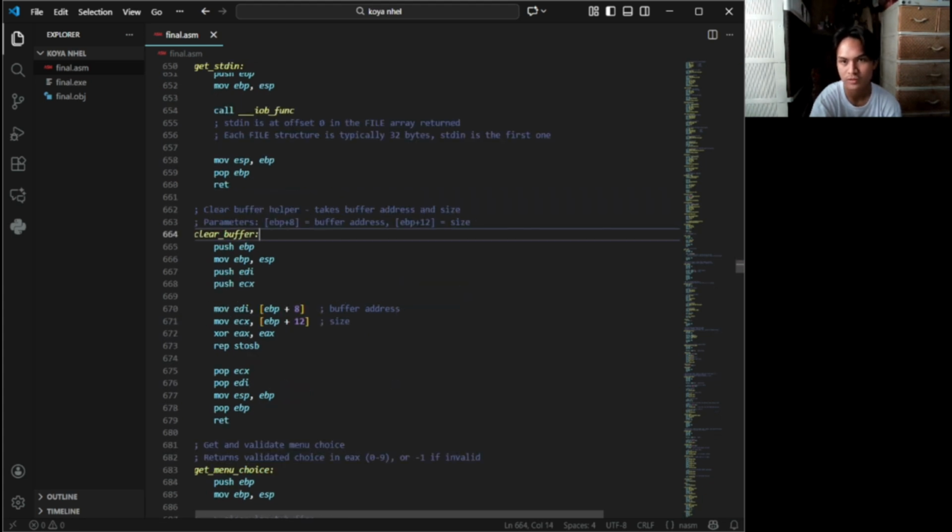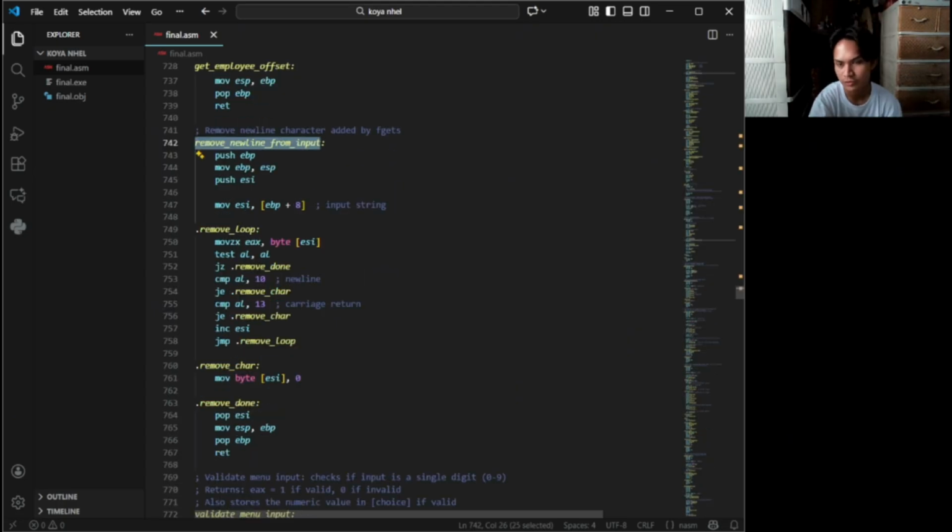Clear buffer zeros a buffer given its address and size. Remove new line from input scans an input string and replaces a trailing new line or carriage return with a null terminator. Each of these functions encapsulates one low-level operation so higher-level code can reuse them without repeating implementation details.